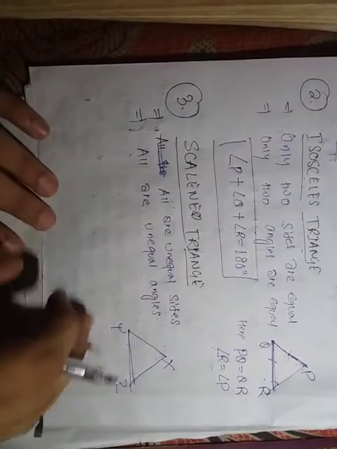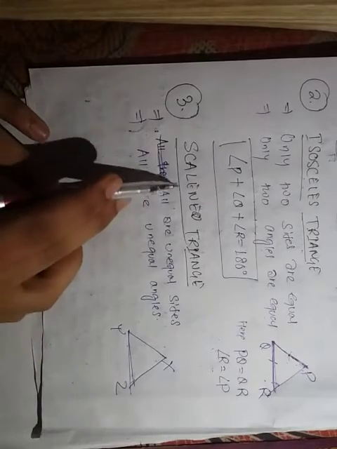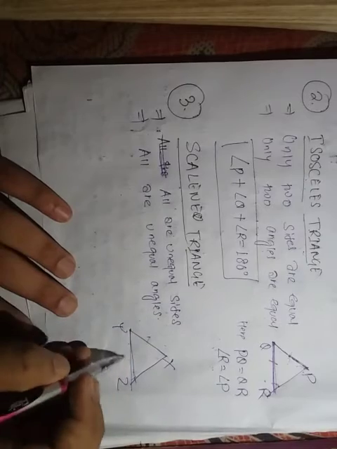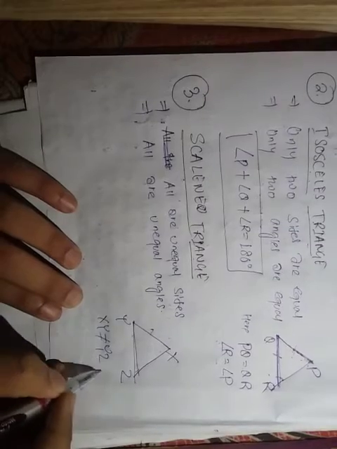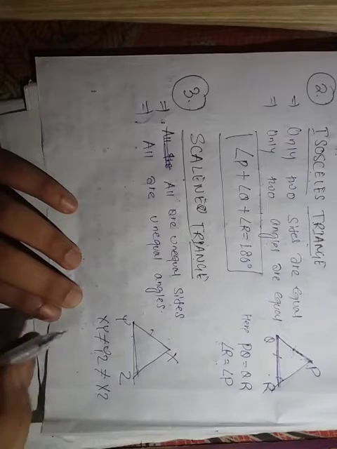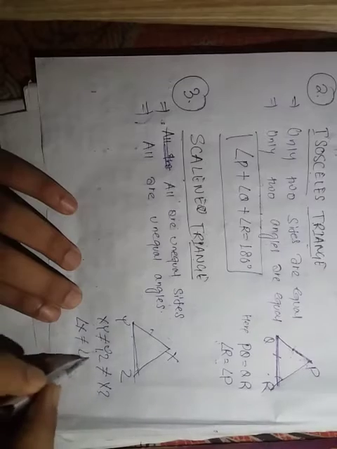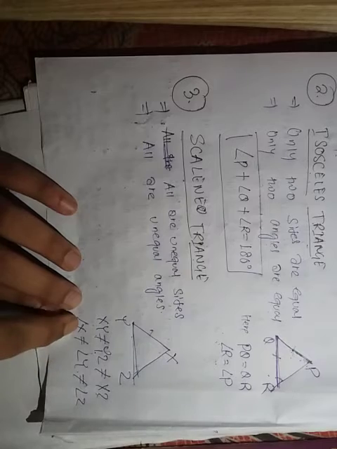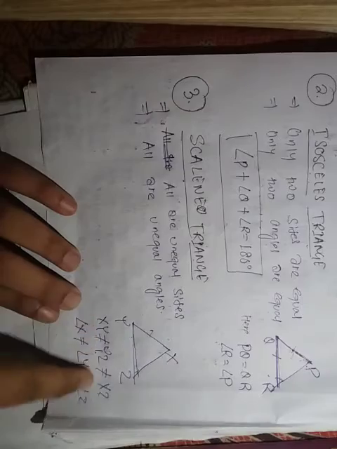So let us study the last one, the scalene triangle. In a scalene triangle all sides are unequal. That means here all the sides are non-equal. That means XY is not equal to YZ and it is not equal to XZ, that means XY is also not equal to XZ, YZ is also not equal to XZ, and XY is not equal to YZ. And here angle X is not equal to angle Y. Here it is not equal, meaning all the three angles are different. If this is 40, this will be 100 and this will be 60. Like this, all are unequal, they will not be the same.